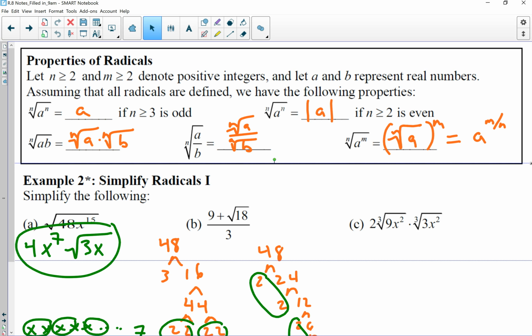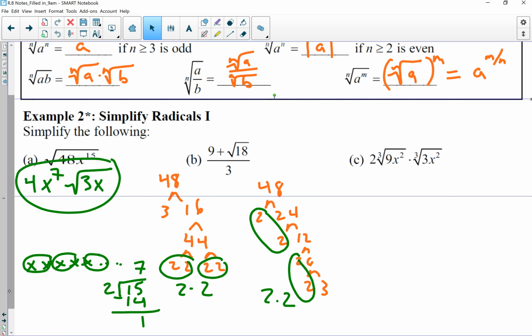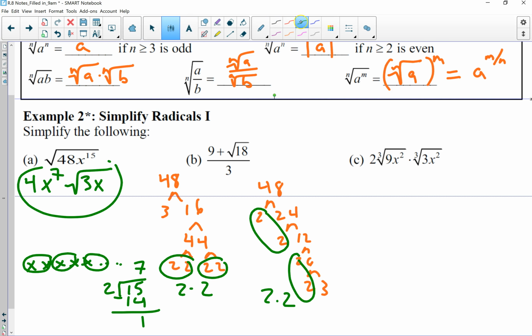So we talked about simplifying our radicals, and actually that's going to be a big thing to do in this section, is to simplify these roots. That's usually an initial step, is to simplify your root and then perform additional mathematics. So we looked at this example of the square root of 48 x to the 15th, and that we could break down the 48 using our factor tree and look for factors that are essentially being multiplied by themselves, that are powers of 2. So we looked at two different factorizations, but they really get you to the same place, that we have